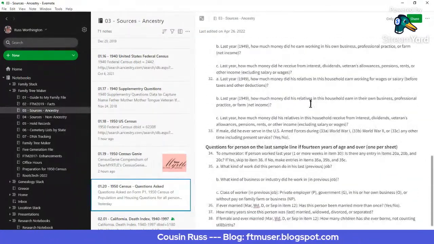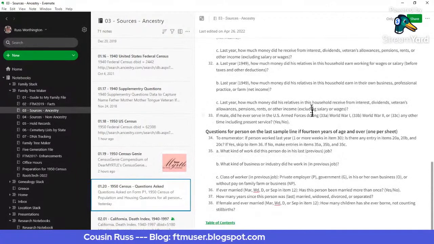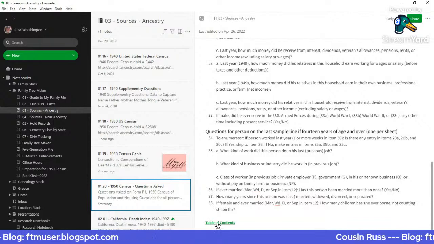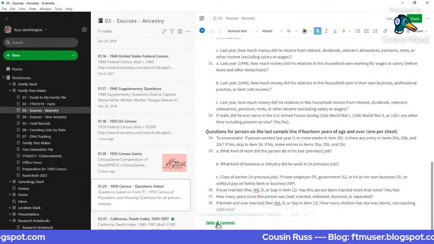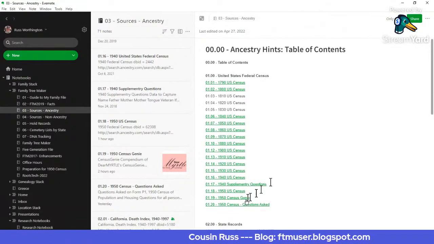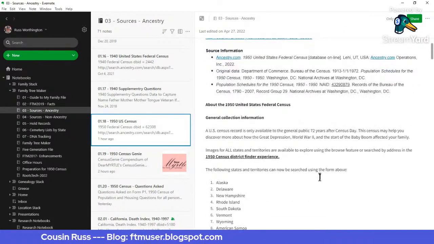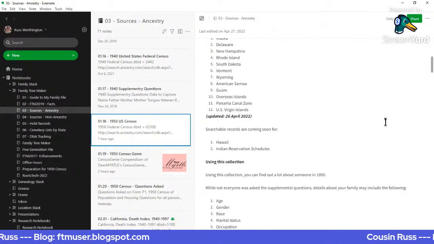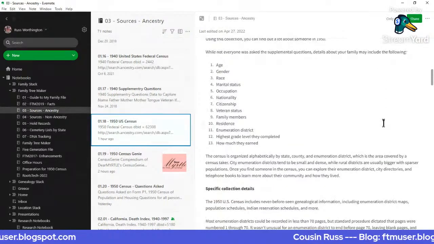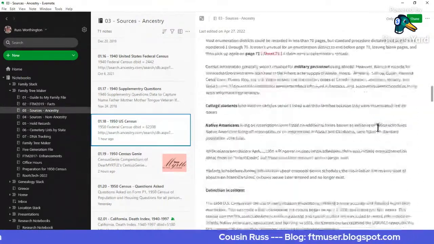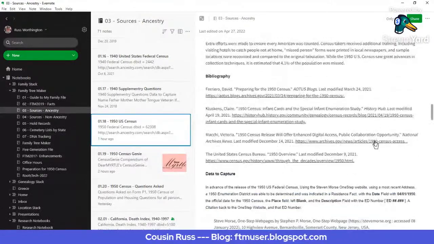I have a blank form, and so I wrote them where I can read from them if I choose to. Now I want to go back to the table of contents and go to the 1950 census where I want to get to, and I'm going to scroll down a little bit,